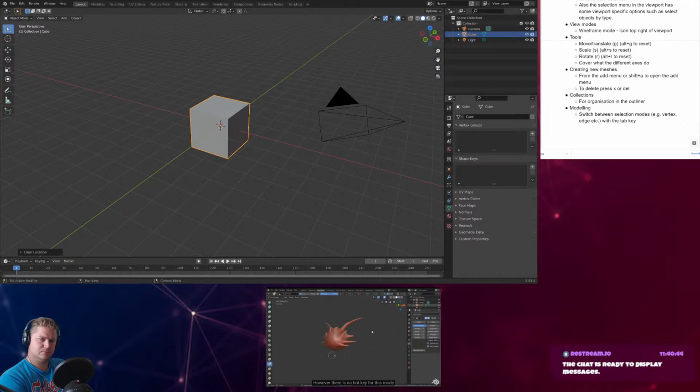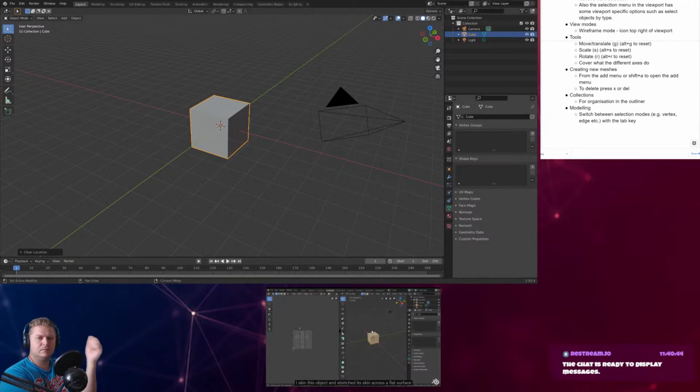However, there is no hotkey for this mode. The UV Editing Workspace is used for editing your UV projection maps, which is another way of saying, I skinned this object and stretched its skin across a flat surface. Anyway, this is a very handy tool for texturing your objects, as textures must be represented in 2D but projected